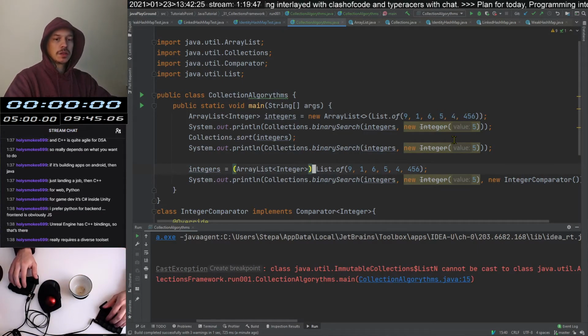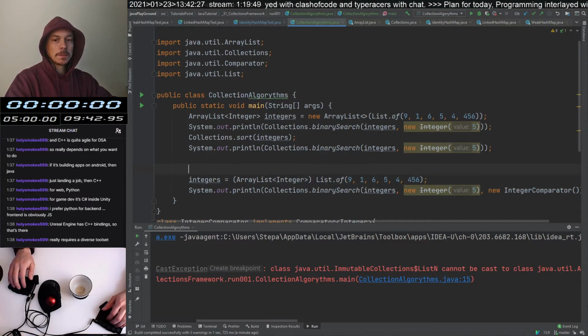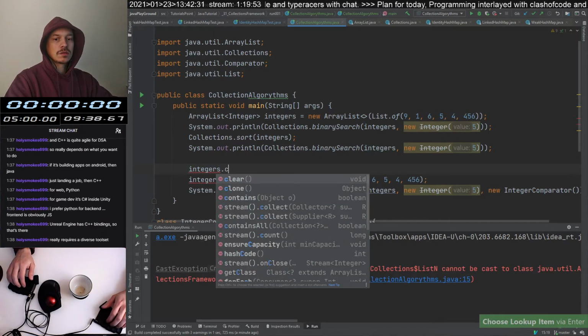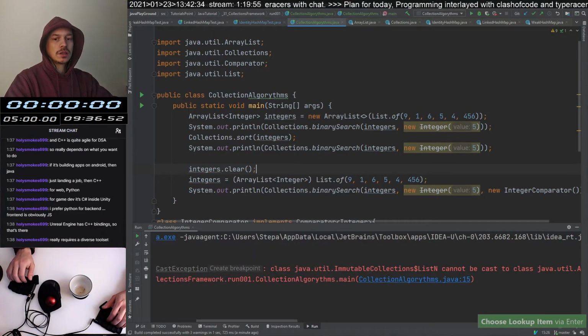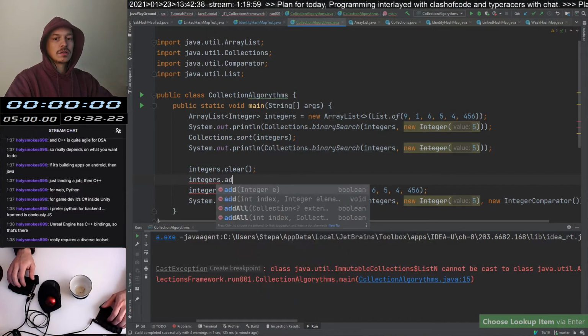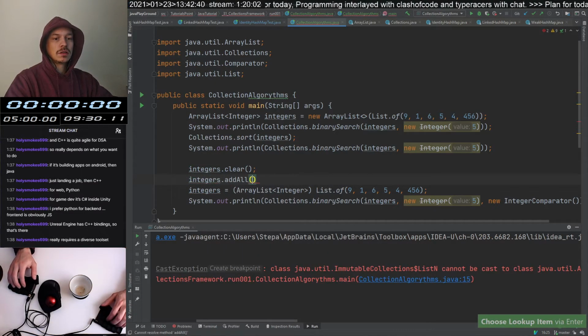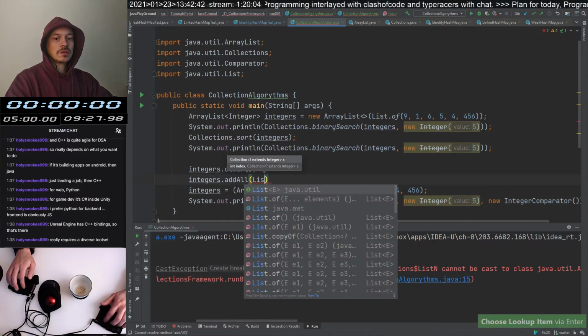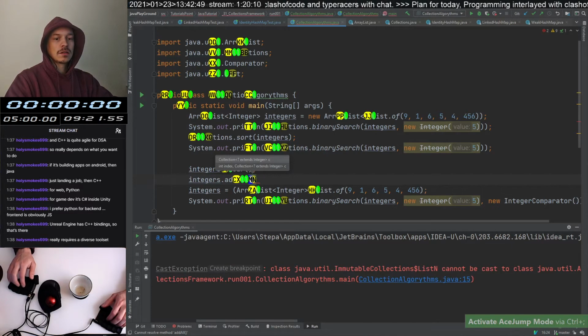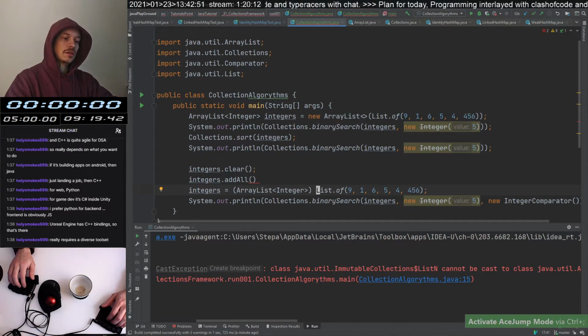The proper way I think would be integers dot clear, right, and then say integers dot add all, and here we will have the other thing, which will be here, and we do